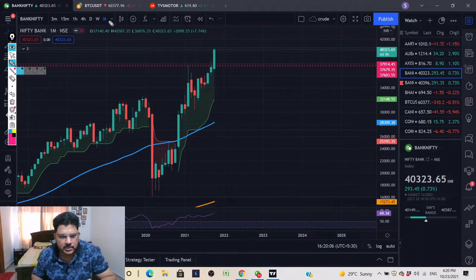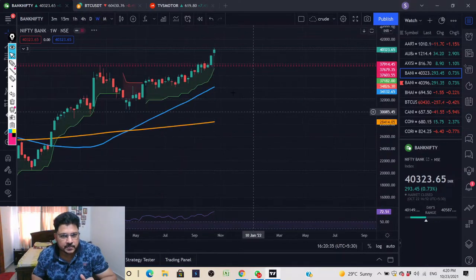A small retracement month can be decent. Don't panic if it comes back to this level, because this can be a support level from where it got rejected in the past. So this will become a strong support where it can come back and start moving up. Expect one month to be a negative month also, where nothing goes straight up. It has to come down and then go up. Always remember that.